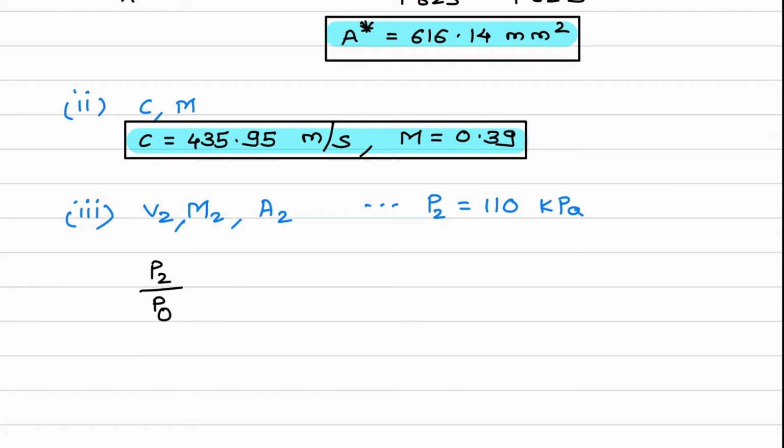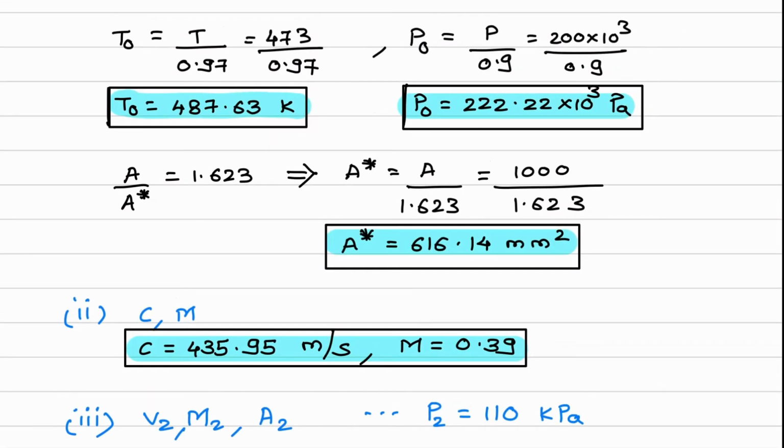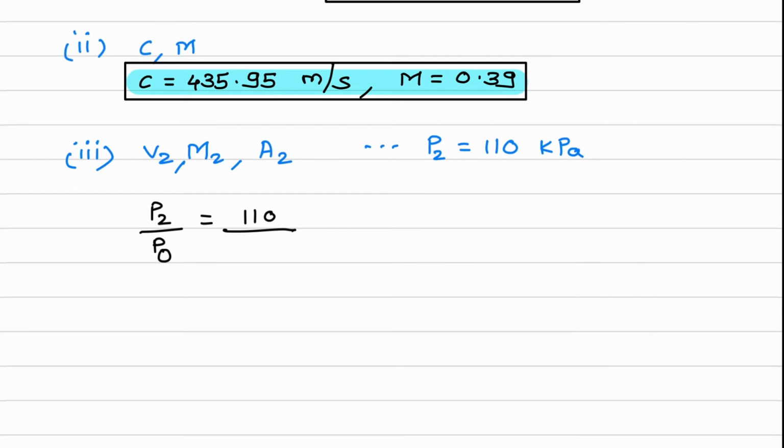Okay, now P2 by P0 will be what? P2 is 110 kilopascal. What is P0? P0 is 222.22 kilopascal. Okay, so I'll write down this value as well. Both I have substituted in kilopascal, so it's fine because it is division. So this value comes out to be